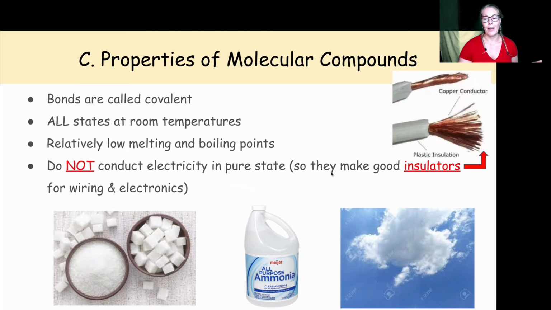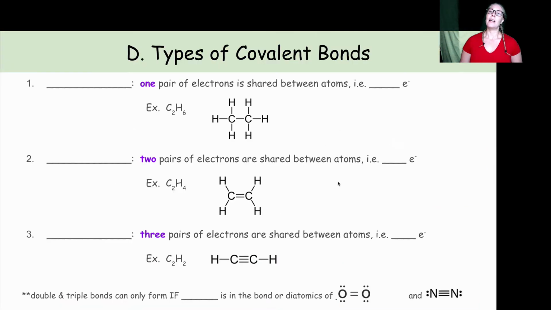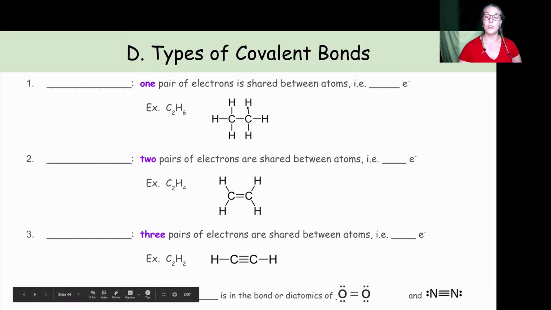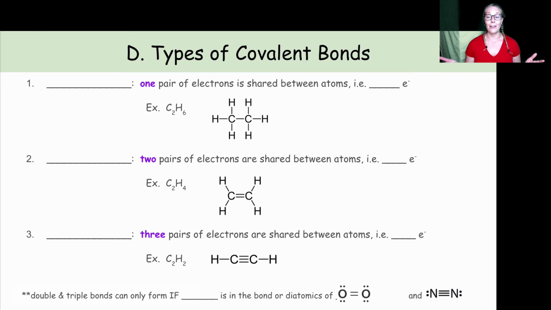Okay. Now, there are three types of covalent bonds, and we're going to look at drawing these in a second, but you need to recognize them in a Lewis structure. The drawings that you see here are Lewis structures for covalent compounds. They look a little different than the Lewis structures for ionic compounds, because you'll notice there are no charges on here, right?